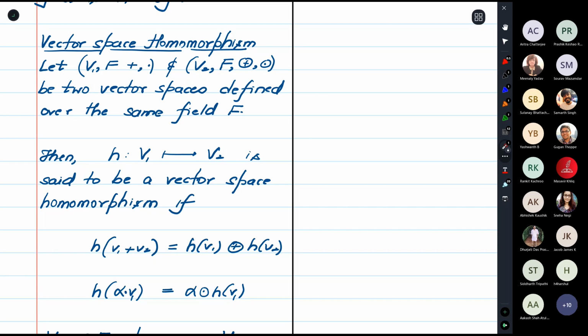The beauty is that homomorphism means a structure preserving map. If I had to define a homomorphism between groups, what should this group homomorphism mean? Similarly, if I had to define a homomorphism between fields, what should be the structure that should be preserved under this function h? Now, if I'm defining vector space homomorphism, although I have not given you the definition, you should be able to guess. And if you understand the underlying philosophy of homomorphism, tomorrow, if you manage to cook up